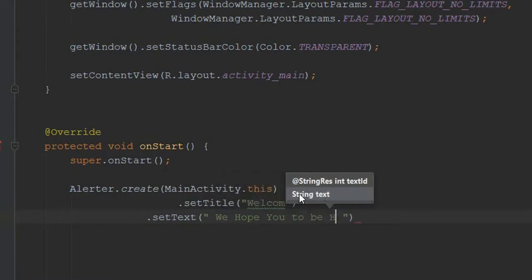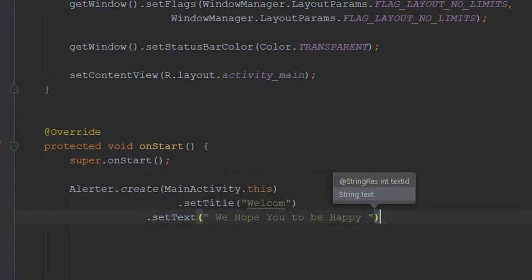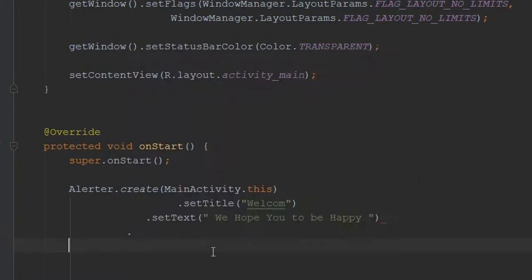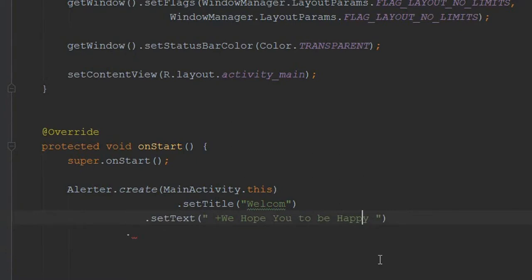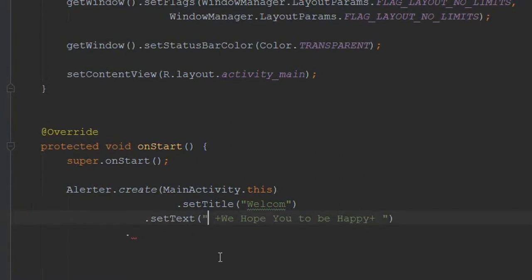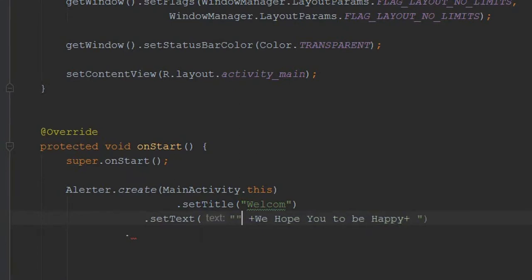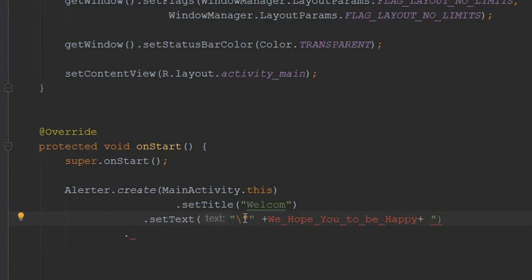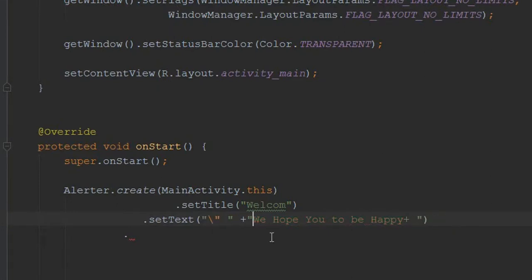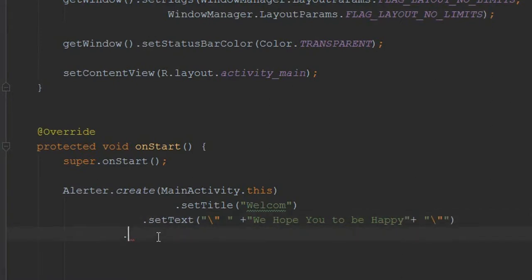you to be happy. And now we need to give this kind of quotation mark. For this quotation mark we need to give a plus sign on both sides of this sentence, and also give this, and also this. Now give this sign. Okay, and now in here also you can do this. Okay, this, and now set